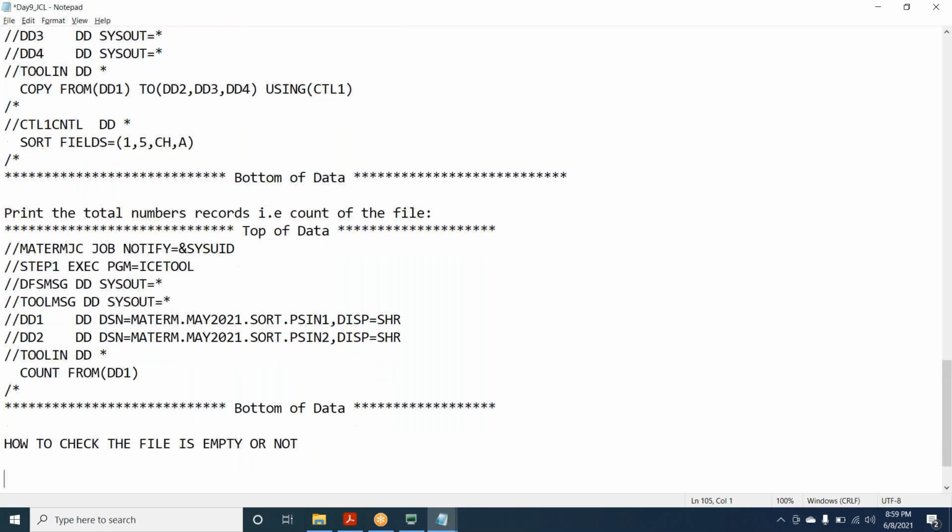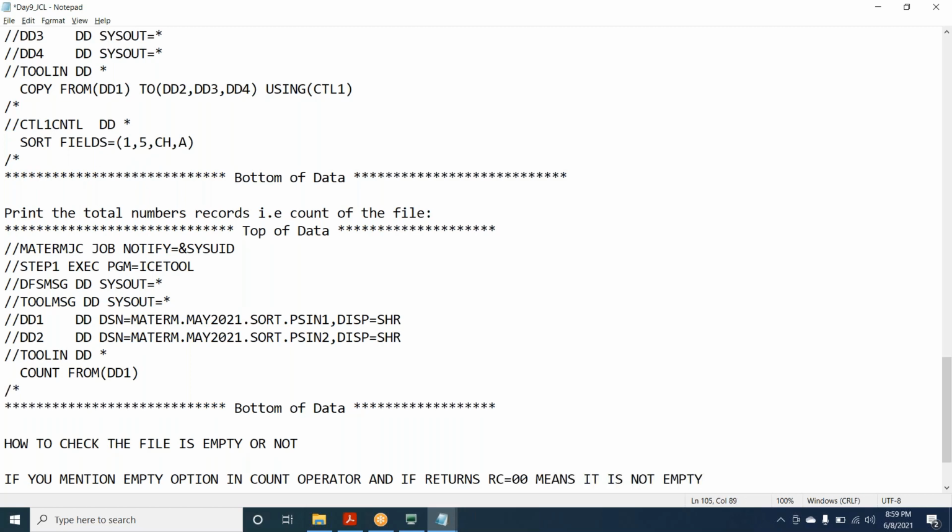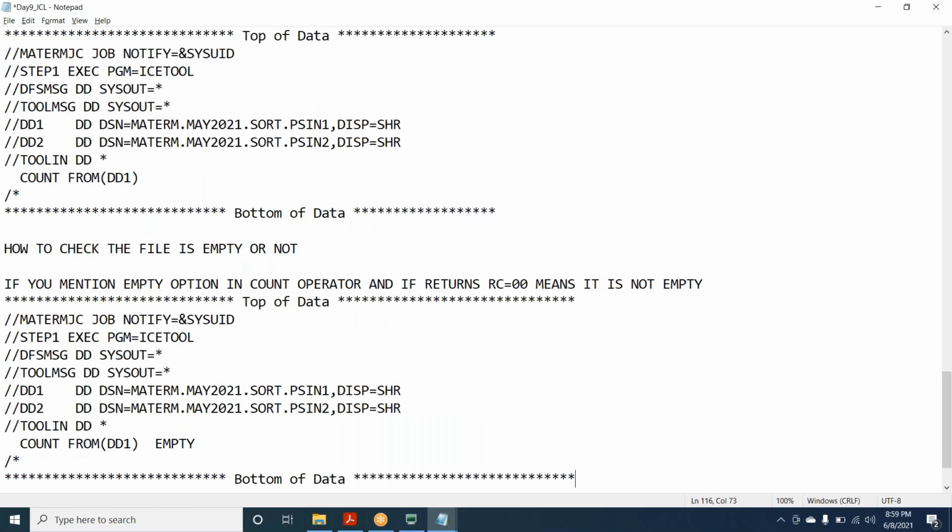If you mention the empty option in the count operator and the return code is 0, it means it is not empty.